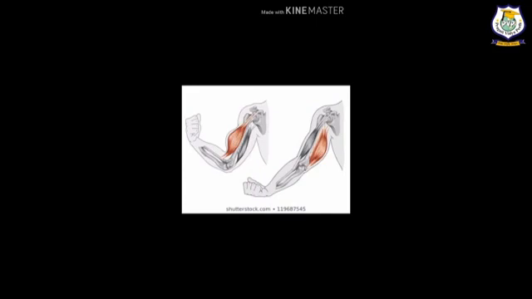How do muscles work? The body moves because of the action of muscles, and muscles are made up of muscle cells. As I have explained to you, the body moves because of the action of the muscles, and the muscles are made up of muscle cells. The muscle cells are unique because they are the only cells in the body that can contract or relax.